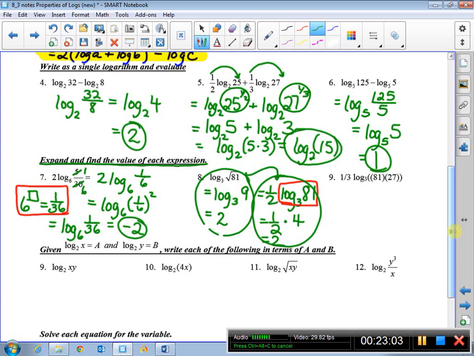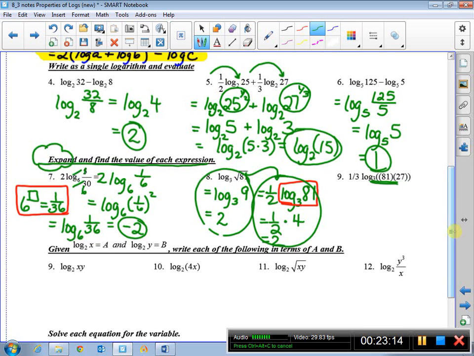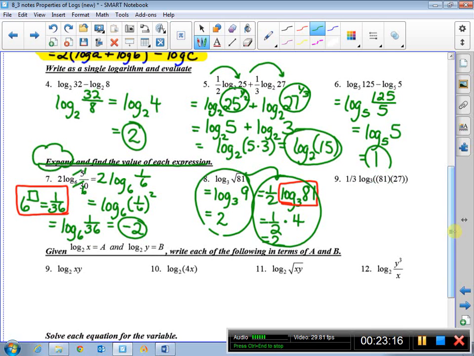This is a perfect example of when expanding really helps. So let's say you have no calculator. You do not know how to multiply the long way either. You're not going to do 81 times 27 in your head or with a calculator. So we're going to expand this and say this is 1/3